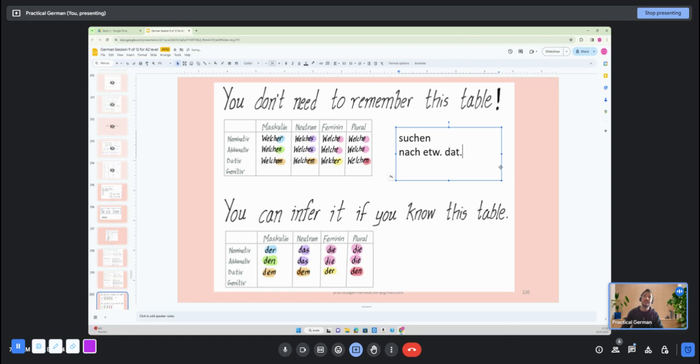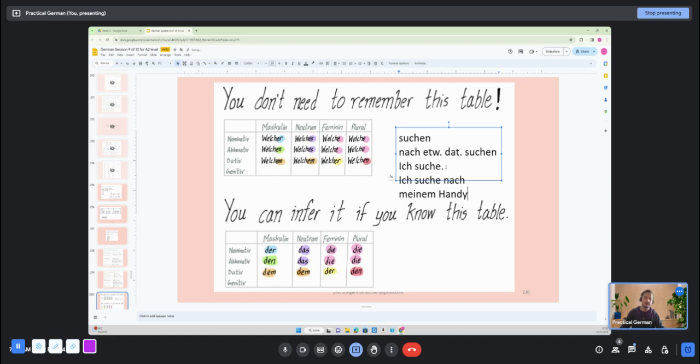So suchen means to look, ich suche. But if you want to say I'm looking for this, to say to look for, you need the preposition with the verb, right? Preposition mit Verben, so you should learn it with the verb. If I say ich suche, I find. But if I want to say I'm looking for my phone, then I will say ich suche nach meinem Handy.